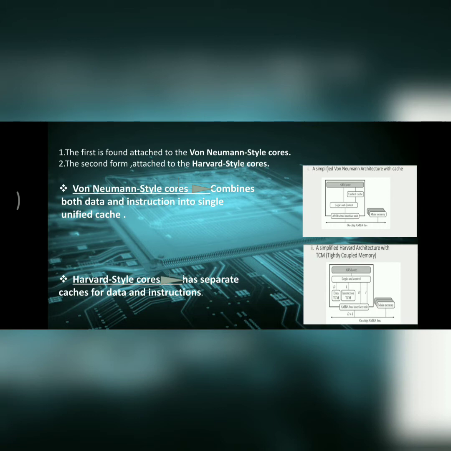The CPU can read both an instruction and perform a data memory access at the same time, even without a cache also. The machine has distinct code and a data address space. Instruction address 0 is not the same as data address 0. Some of the parts of this Harvard style core architecture are arithmetic logic unit, data memory, input output device, control unit, ARM core, etc. These are some of the important parts of this architecture.